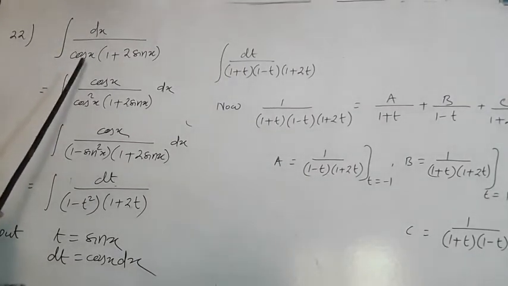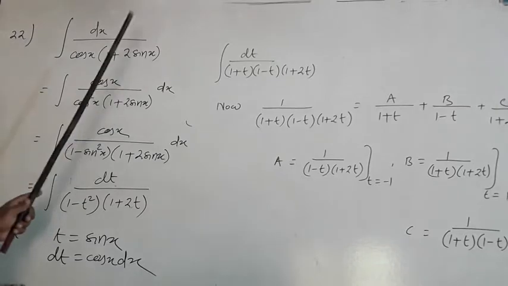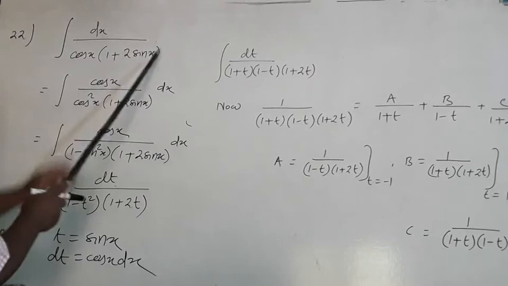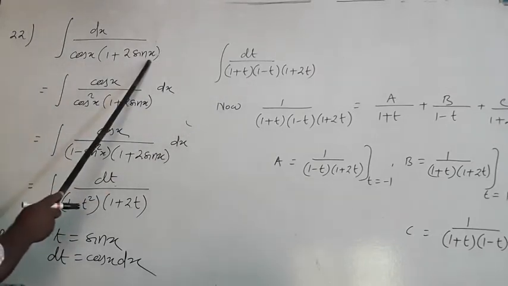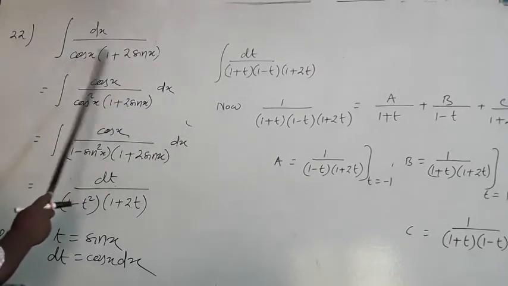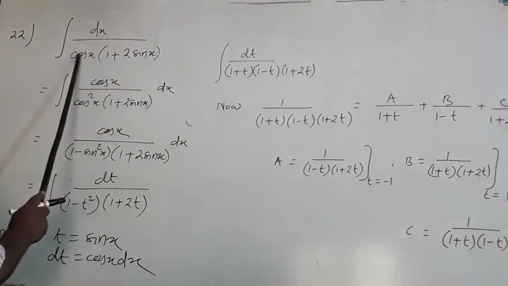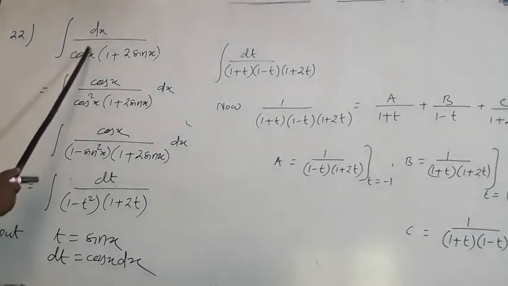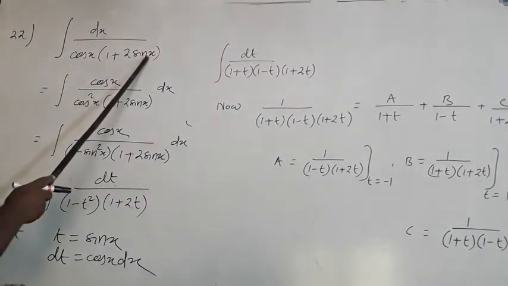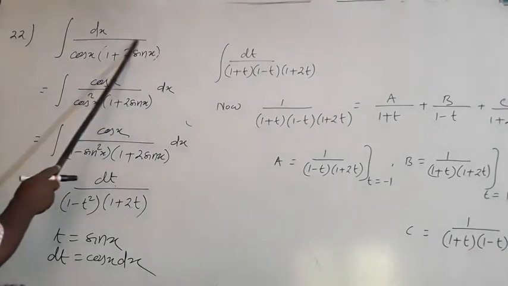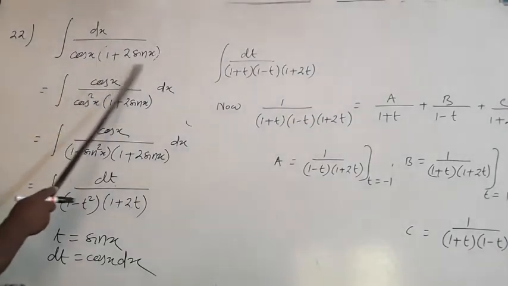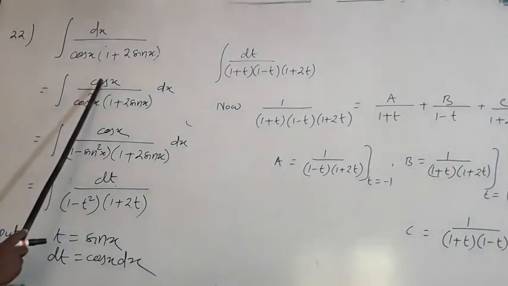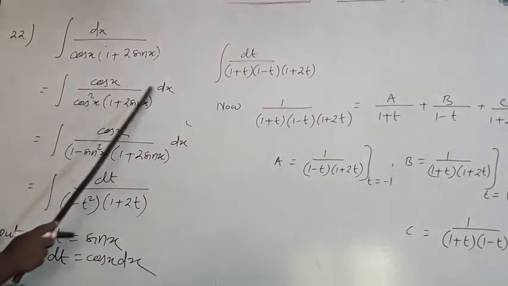Look at number 22. It is dx by cos x into 1 plus 2 sin x. Particularly in this problem, where it is cos, it is sin. I have done 21, where both are cos. If both cos or both sin, no problem. You have to adjust looking at these two and adjust the numerator. If in the denominator cos and sin are there, the derivative of sin is what? Cos. You just multiply cos here and here, so that it becomes cos x by cos square x dx.